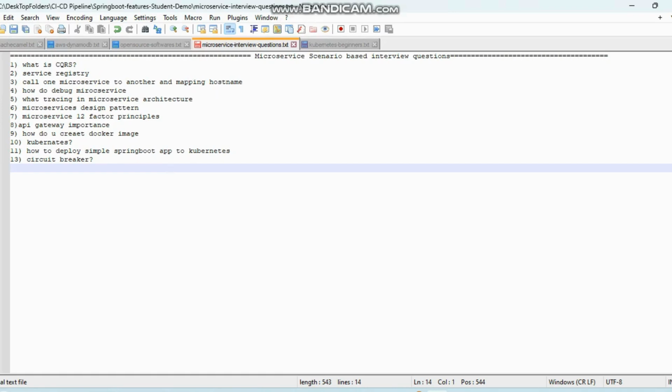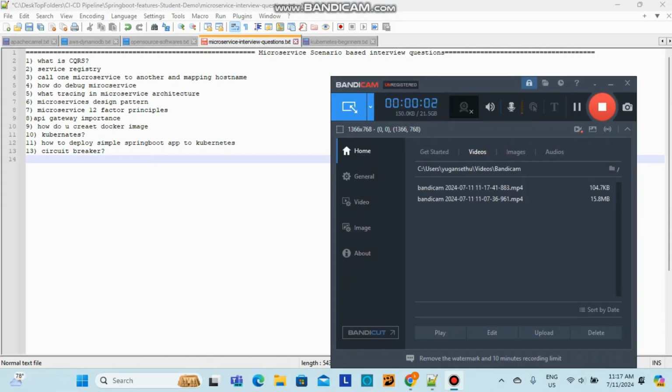Another way: sometimes a microservice is very complex to decompose by business capability itself. Then we go with the DDD approach, the domain-driven approach. This decomposes based on the bounded context and subdomain. So both the subdomain and the business context are taken, and it will decompose the microservices. That's called the DDD approach. It uses the business as well as small business units to decompose and build the microservices.